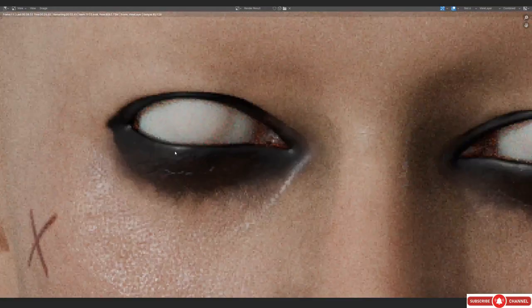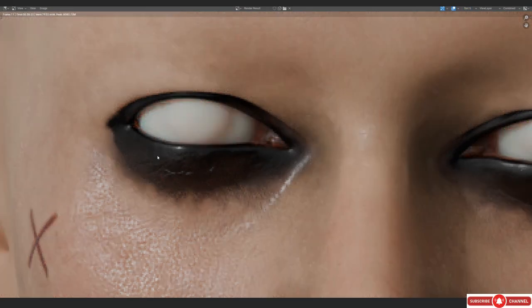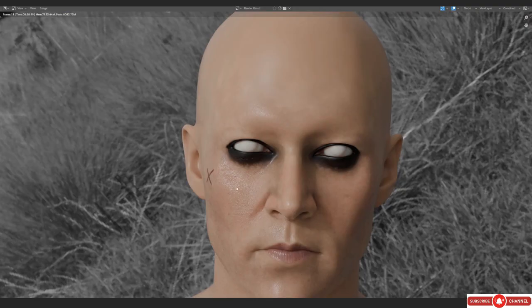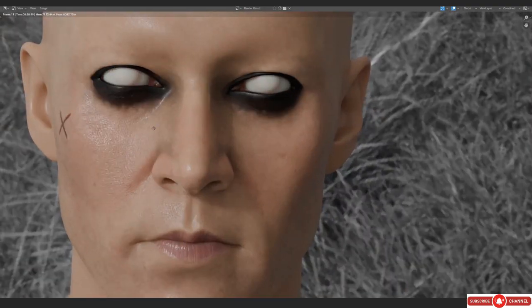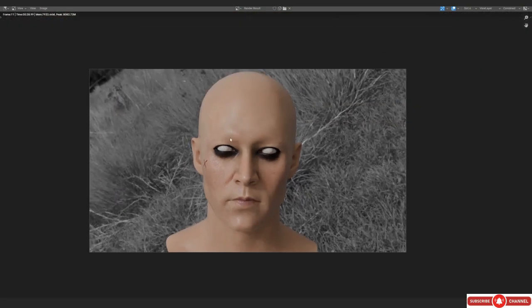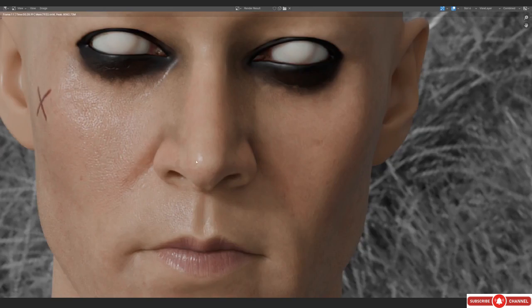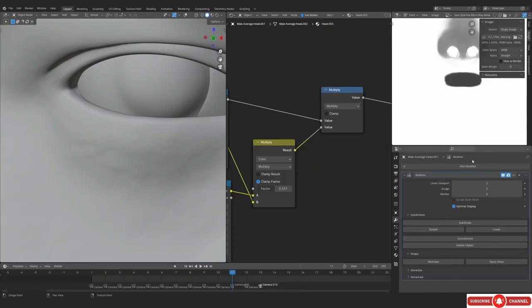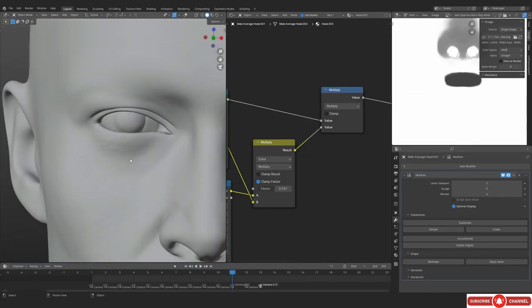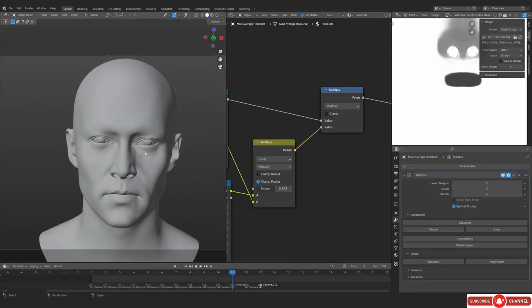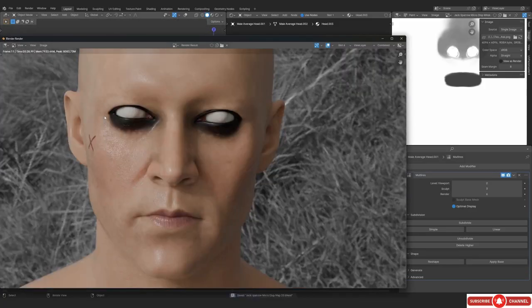But the way that I'm judging is pretty simple actually. I'm judging based on roughness. So I'm trying to match the roughness. You can see this roughness that we have right now is much closer to the reference. So that's how I am able to judge whether the micro displacement is enough or not. So you can just do that by judging the roughness, and that's pretty much it actually.